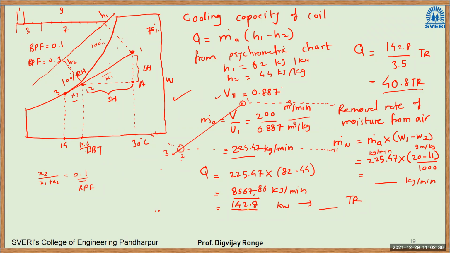Okay, so the water removal rate here will be 2.02. You can see almost 2 liters of water is being removed per minute. So how big is that cooling coil? 2 liters of water is continuously removed from the air.